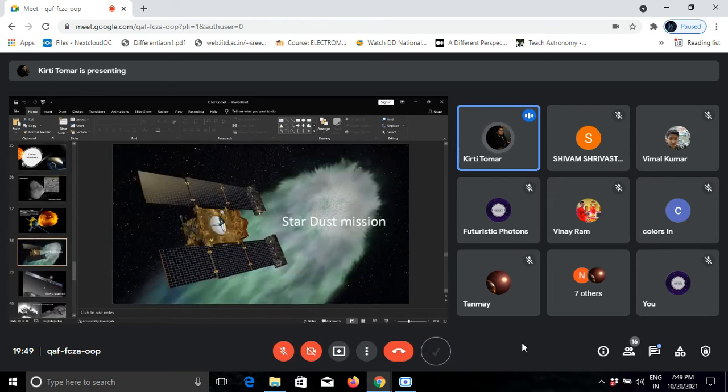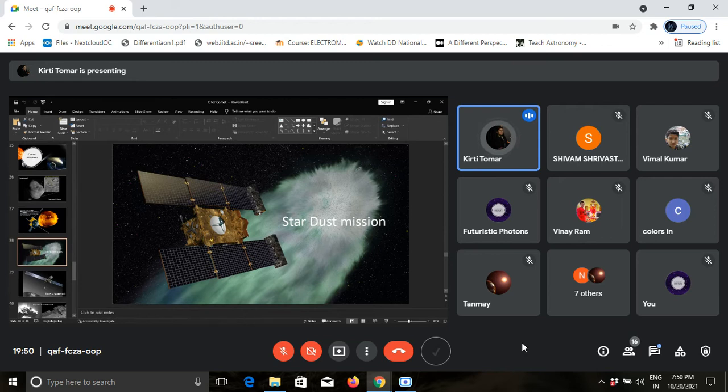This is the Stardust mission. In 2009, NASA announced that samples returned from Comet Wild 2 during the Stardust mission revealed a building block of life. According to NASA, it was the first time an amino acid was found in a comet. Stardust was a 390-kilogram robotic space probe launched by NASA on 7 February 1999, and its primary mission was to collect dust samples from the coma of Comet Wild 2, as well as samples of cosmic dust, and return these to Earth for further analysis.